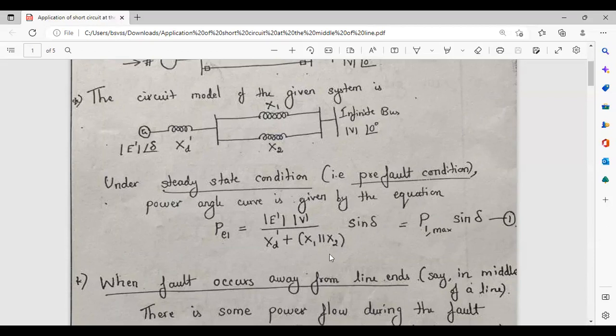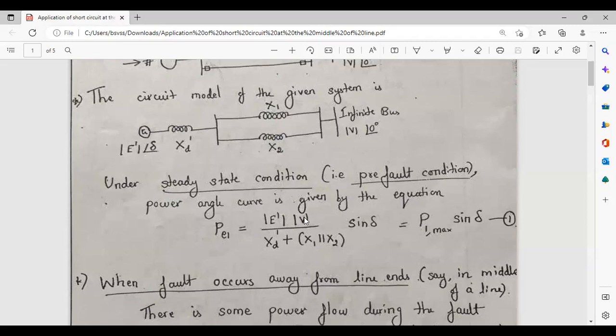Under steady state condition, that is, before the occurrence of fault, called the pre-fault condition, whatever input is given to the system will be delivered at the output. For example, if the input is mechanical power, we will receive the corresponding electrical power at the output side. So here, the electrical power output during this steady state condition is given by PE1 is equal to